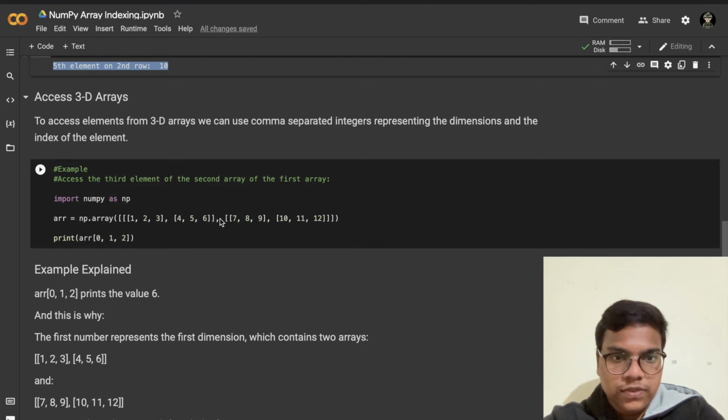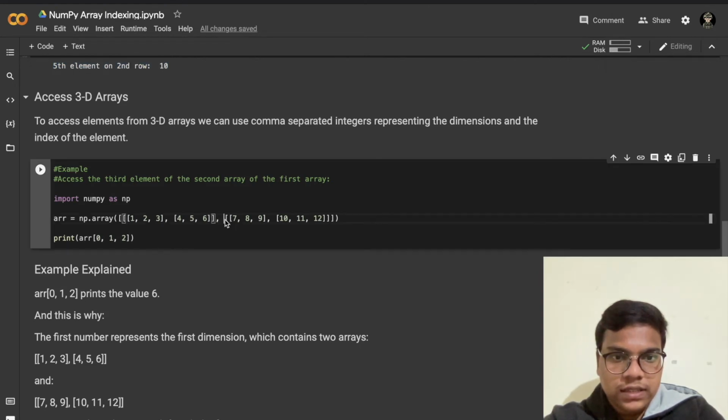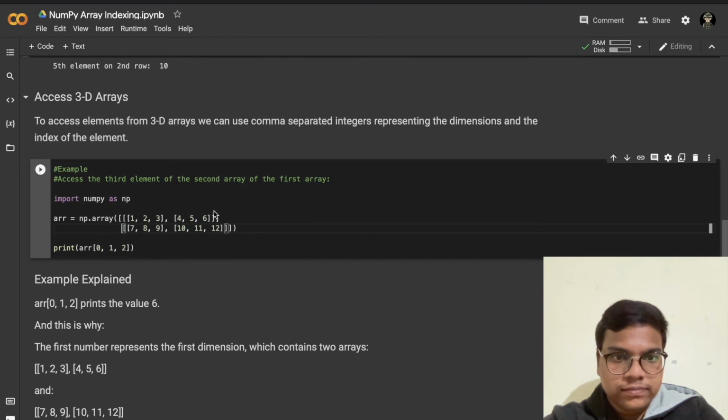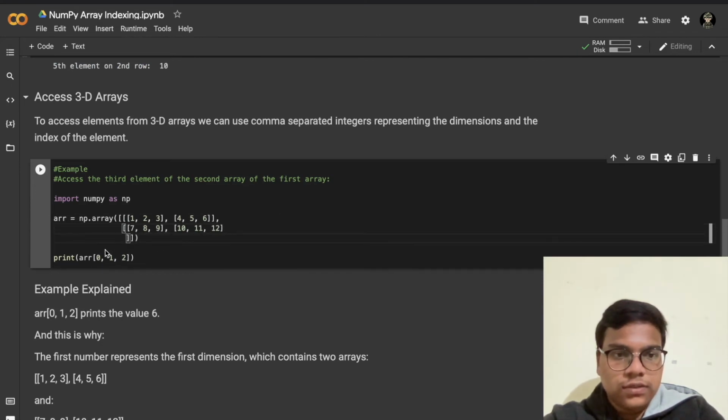So what we are doing, so here this one represents the first array, right? This thing. Now what we are going to do, from this we are going to access this one.